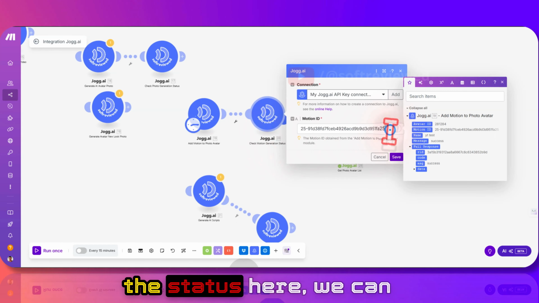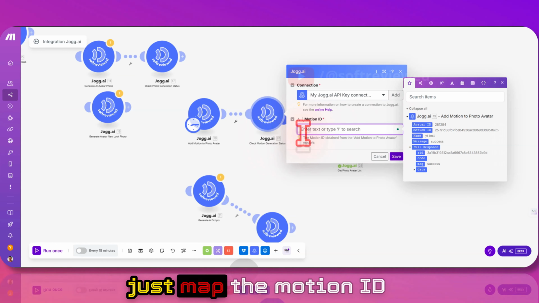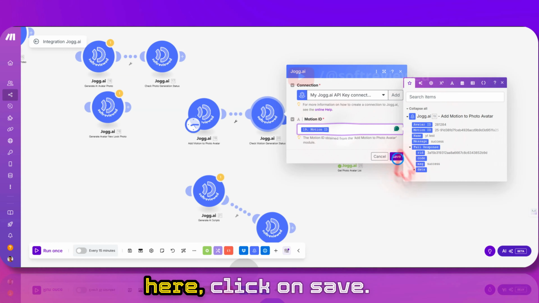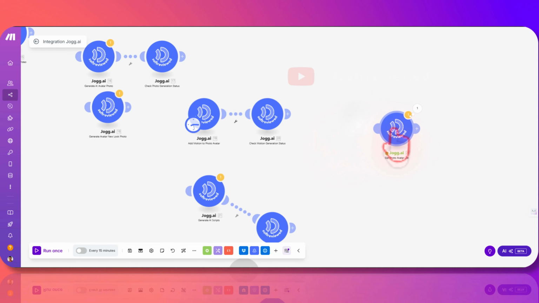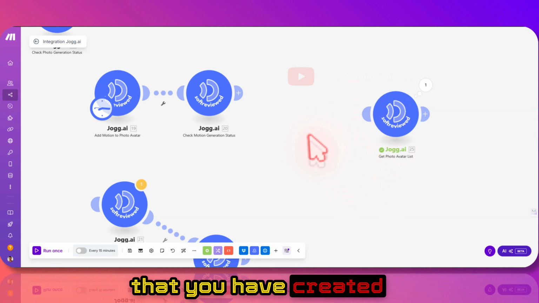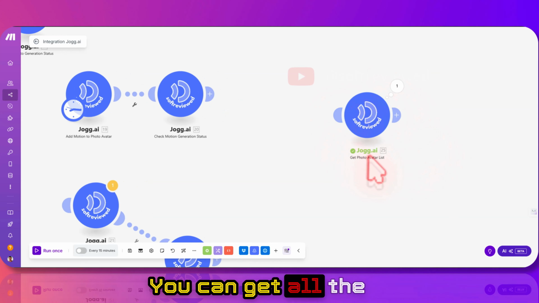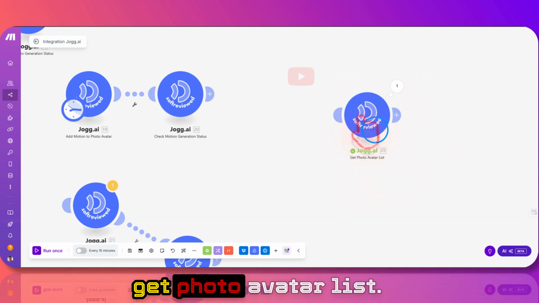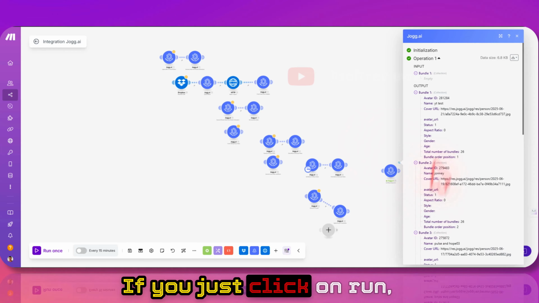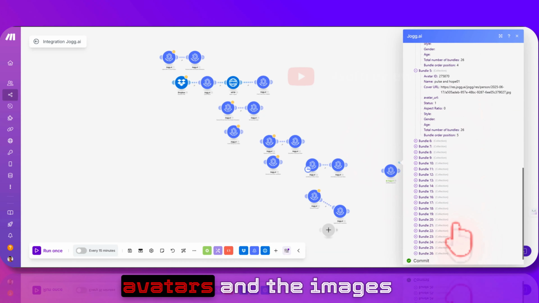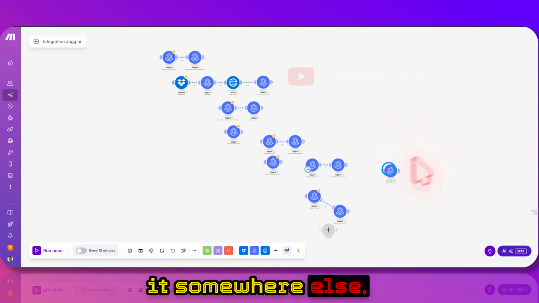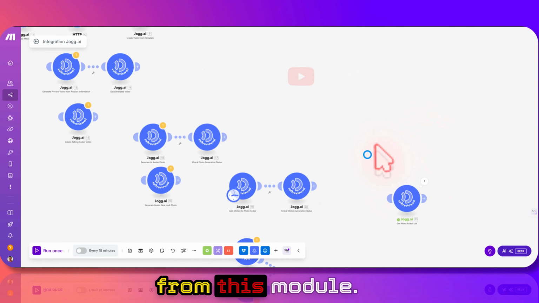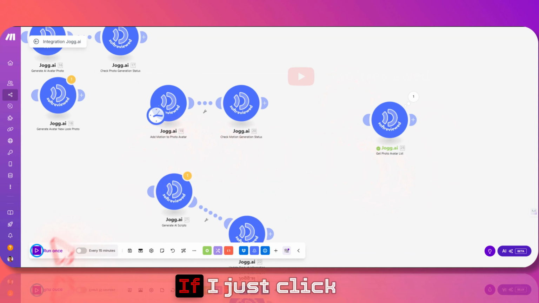And if you want to see the status here, we can just map the motion ID here. Just click on save. For the custom images that you have created for your avatar, you can get all the details by going to this get photo avatar list. If you just click on run, as you can see, these are all the custom avatars and the images that I have created. So if you want to map it somewhere else, then you can get all the information from this module. If I just click on run again,